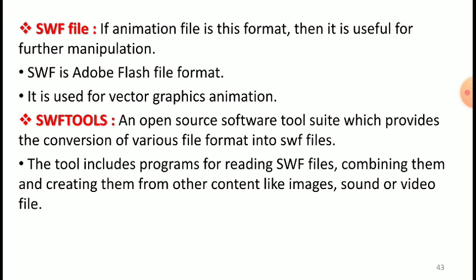The last topic is SWF file. So that is the portability of files. The SWF file means that if the animation file is in this format, then it is useful for further manipulations. SWF is an Adobe Flash file format.